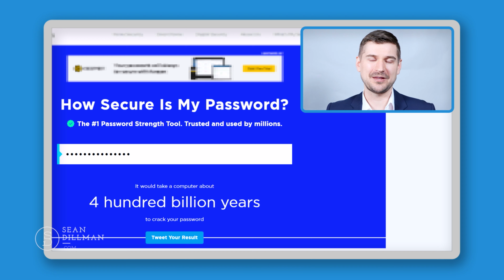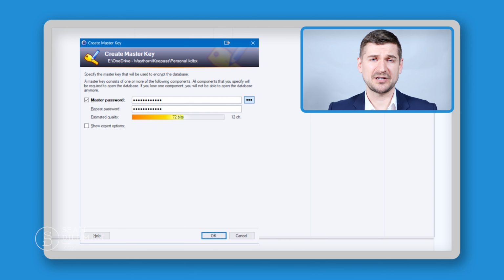Importantly, if it's longer than our lifetime, then it's probably a good password. And if I want to be safe, maybe I want to have a password that would take about 200 years or 500 years, so that if hackers do start getting more and more sophisticated, it would still be a very strong password. Okay, I'm going to return to KeePass now.